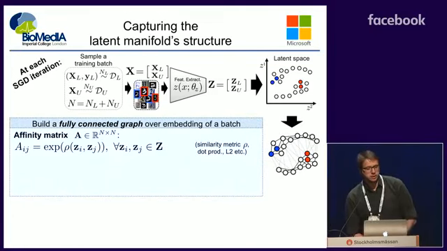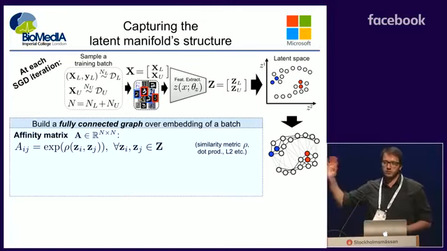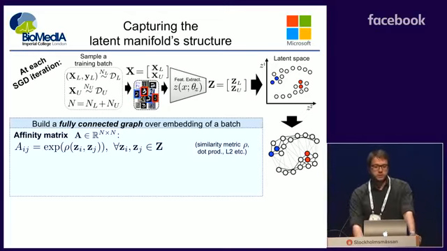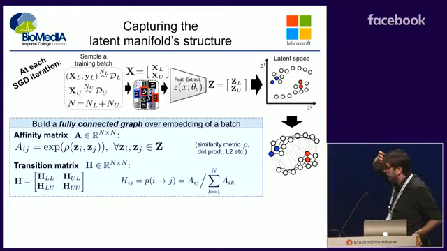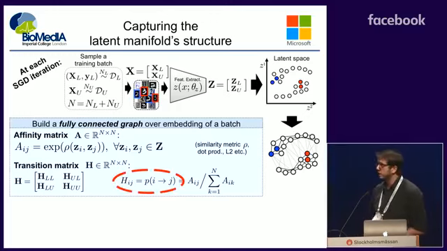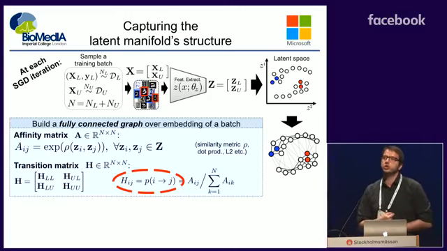How? We dynamically create, at every SGD iteration, a graph over those samples of the batch. In practice, it's very easy. All you do is compute an affinity matrix like this after having chosen your similarity metric of preference. A very important bit here is that we also compute the random walk transition matrix, H, and it's very important to understand what it says because we're going to use it a lot in the method. Every element of it expresses the probability that if a random walker is on node I, it's going to transit to node J, which is going to be high if the two are close and 0 if they are far.